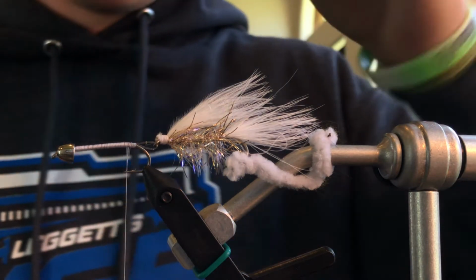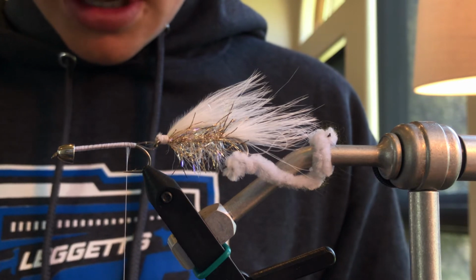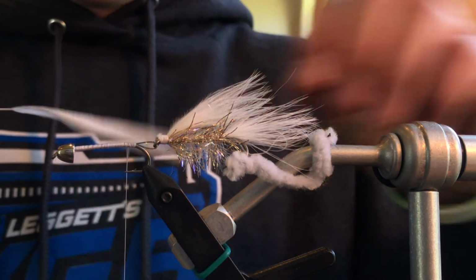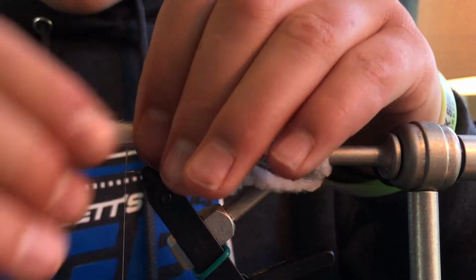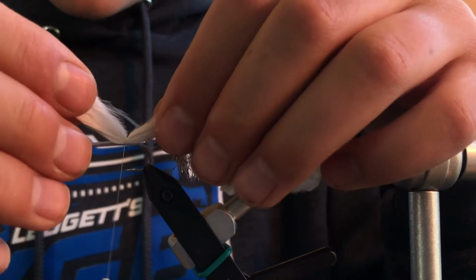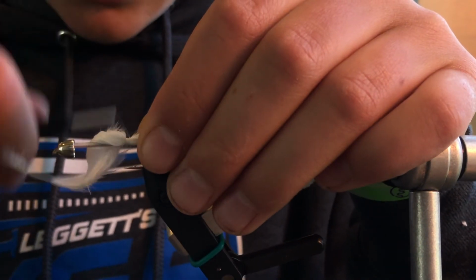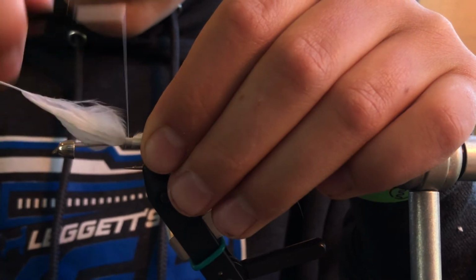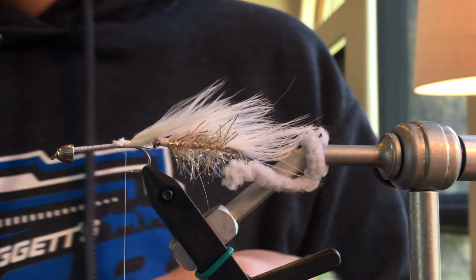Now, use your handy dandy fly box to wet it down. Just like that. And then measure it out. I want it to be the same size as the hook shank, so we're going to bring it back right there. Alright, tie it in. Do a couple wraps and then make sure it's set good. And it looks like it is, and we're going to tie it in. Okay,